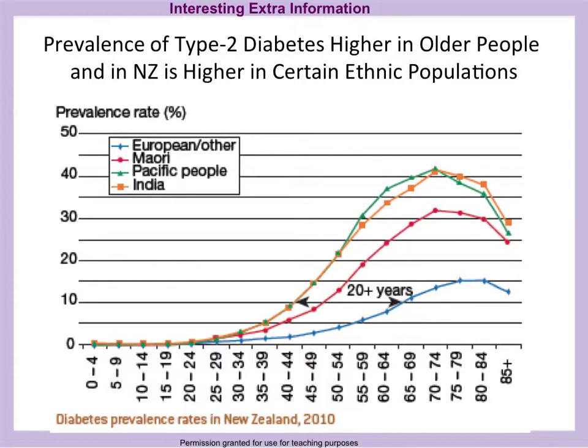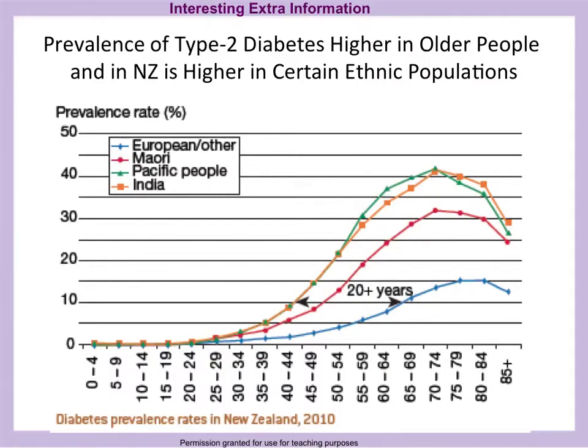It is interesting to note that we actually have different rates of diabetes in different ethnic populations, and the highest rate is actually in Pacifica people, as well as Indian, and then you can see Maori is down here and European is down the bottom. So it is possible that this is related to some kind of genetic predisposition. It's definitely an inheritable disorder, that something is going wrong with these insulin receptors. But it's also possible that this is somehow related to diet, and perhaps even general obesity levels